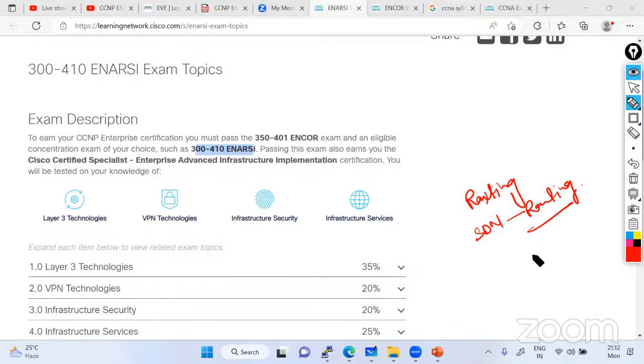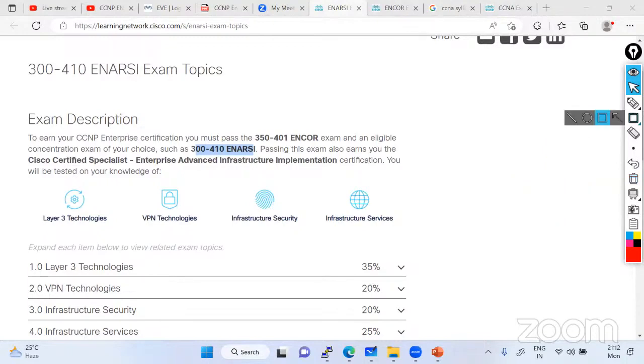Just think about that. Now SD-WAN also needs knowledge about routing. Yes, SD-WAN is completely based on routing. So if you're thinking about any scenario,